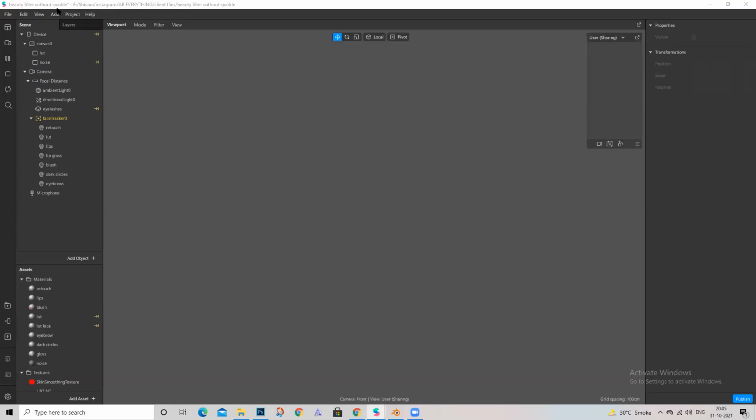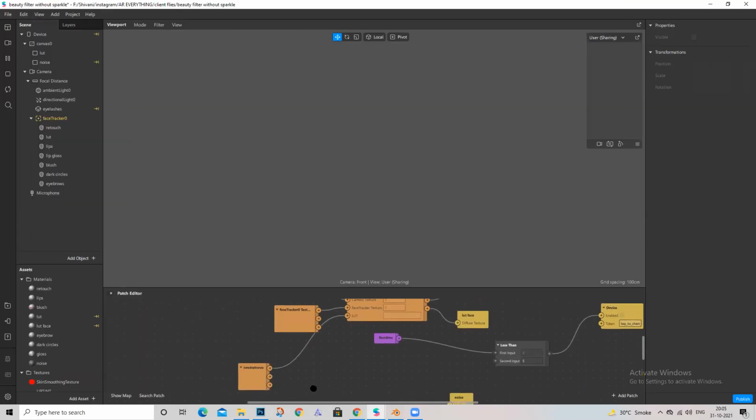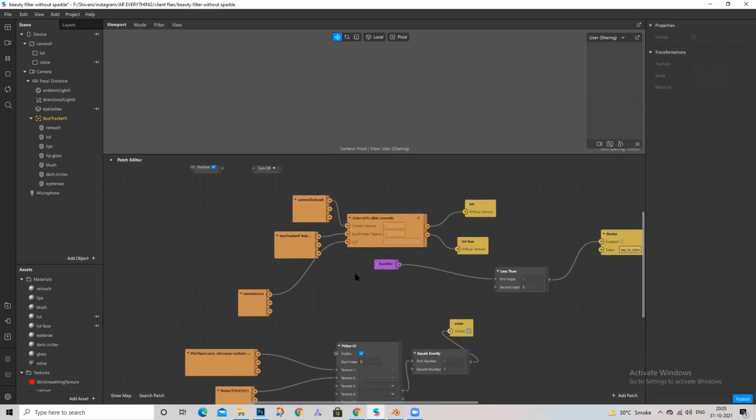Okay, I'm sharing my screen. There was a patch like this, did you have the patch or did you get it from the asset library? No ma'am, it was this patch. It was the skin smoothing one, right? Yes ma'am. Did you use two textures for it?